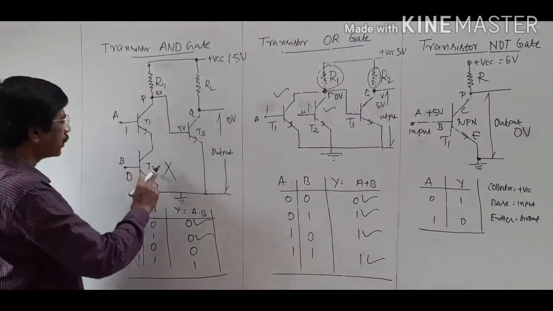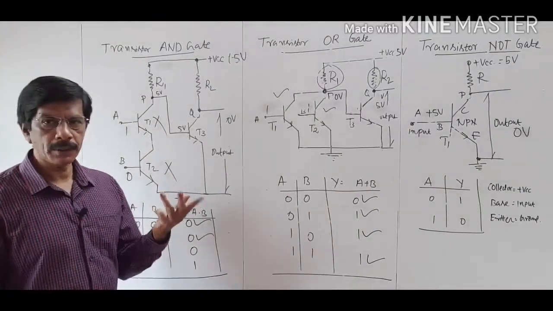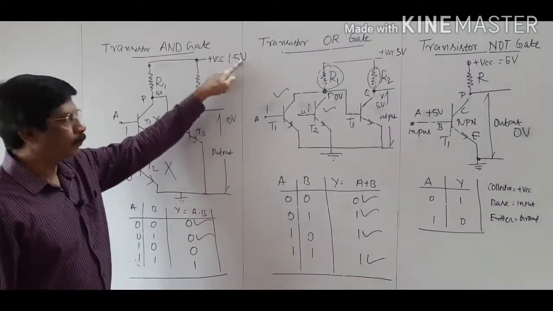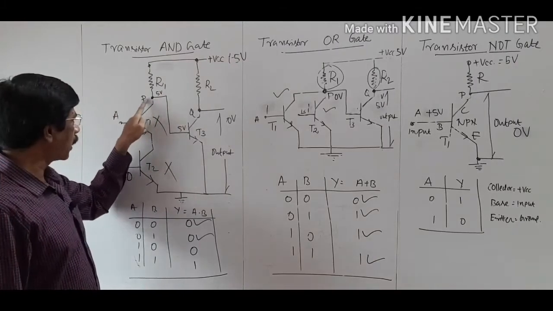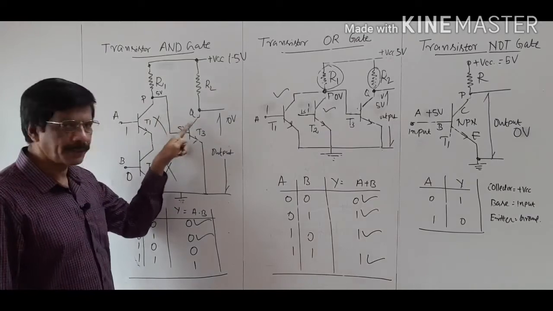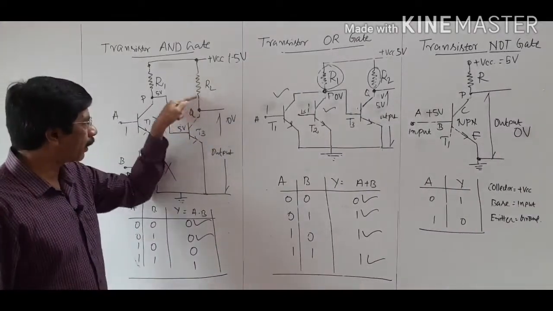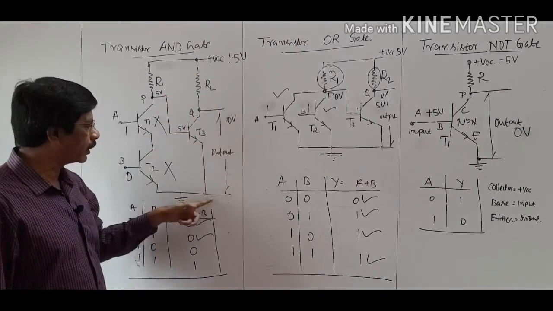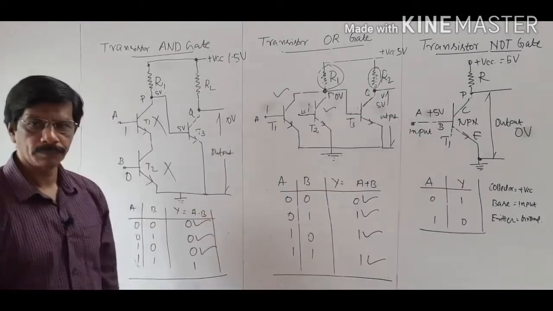Again, both transistors are in the off condition. No current generation, no drop across R1. The plus 5 volt easily passes through R1. The voltage across the point capital P is 5 volt. This triggers the transistor T3, switched on, generates current. That current is dropped across R2 and the voltage across this point with respect to ground is almost 0. That shows the third line of the truth table.